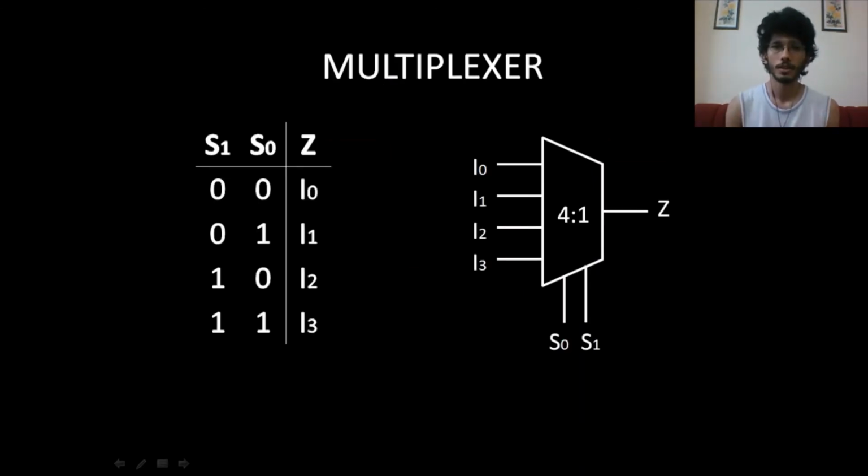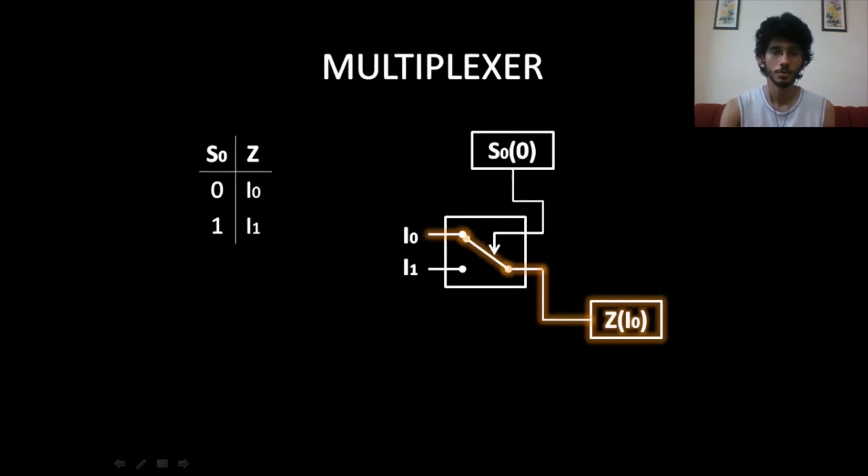Now multiplexers are kind of cool circuits because they allow you to select which of the inputs should be connected to the output, and they do that by having select lines. So you've got select lines S0 and S1, and they decide which of the inputs is going to get connected to the output. Now to implement a multiplexer like this, let's start with a 2-to-1 multiplexer. So 2 inputs, 1 output and 1 select line. So this is how you would implement it. Normally closed contact is I0, normally open contact is I1, common is the output, coil is the select line. So when the select line is deactivated, the relay is switched off, I0 is connected to the output, and when it's activated, I1 gets connected to the output.